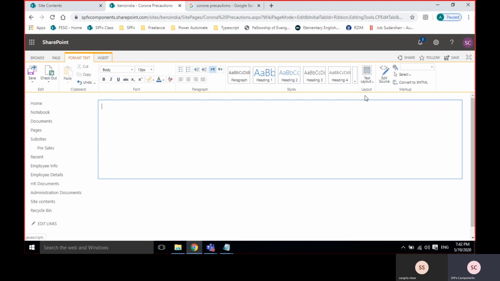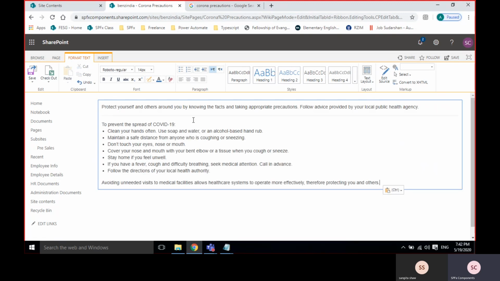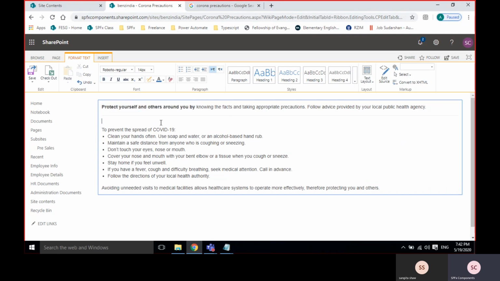So let me go with 1 column, very simple. And I can make it bold. Word related things I can do.